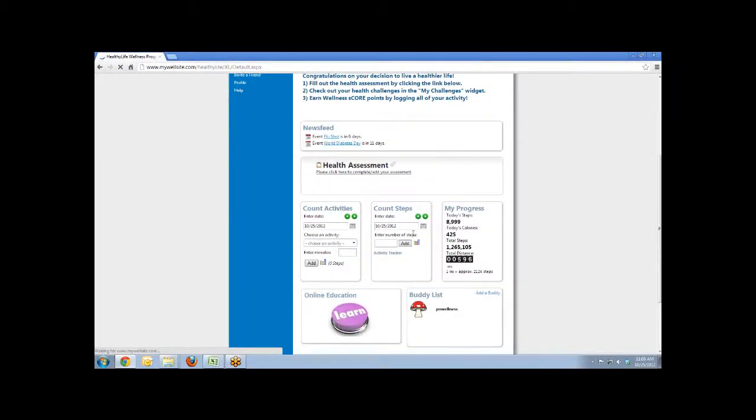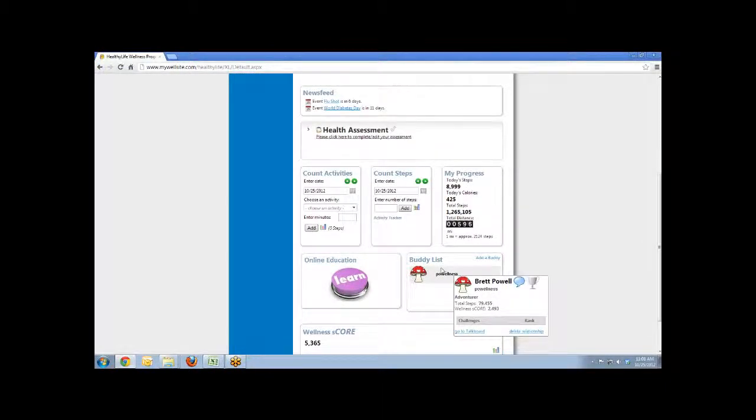I'm going to head back to the main page here. Some social networking features that are built in. We have a buddy list, so you can become health buddies with anybody on the platform. This allows you to communicate with them in an instant messaging style format. You can coordinate a healthy lunch. You can plan a walk after work,